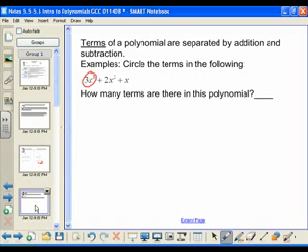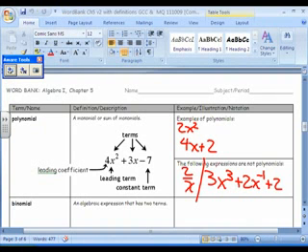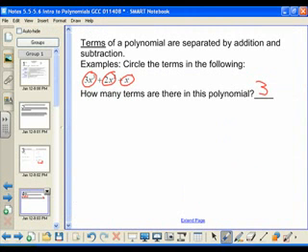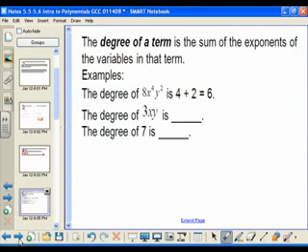Is 2x squared a term? Yes, it is. Eduardo, is x a term? Is x a term? Yes, it would be. So how many terms are in this polynomial? There are terms. So the degree of